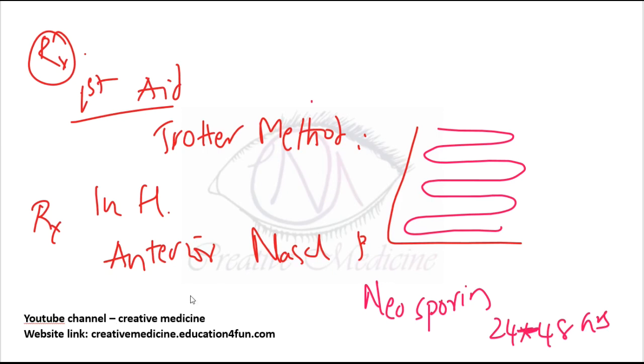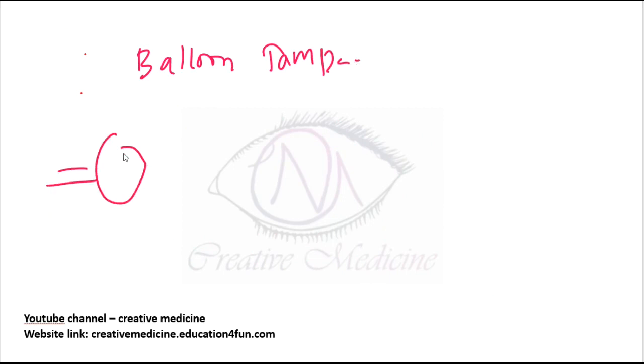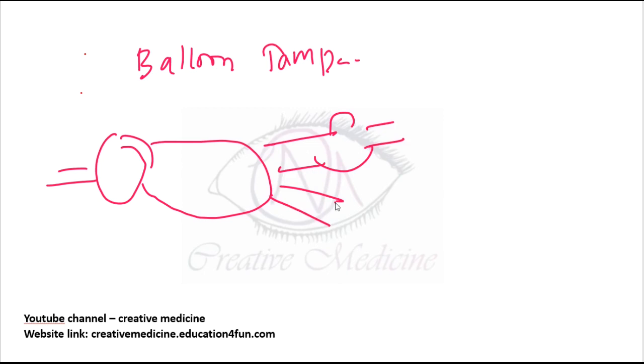Then if this is not possible, there is one more technique which is called balloon tamponade. In this balloon tamponade, there is an airway tube, a posterior balloon, an anterior balloon, and you will also see the presence of side ports. This is put in the nose, which will allow the patient to breathe, and also it will compress the skin of the nasal cavity. As a result, that decreases the bleeding.